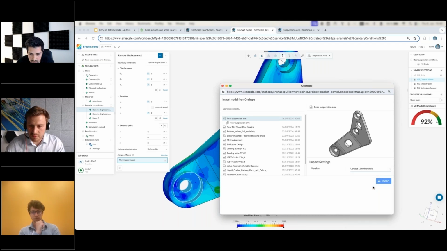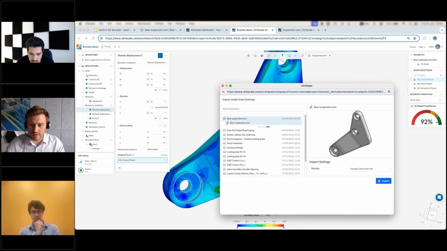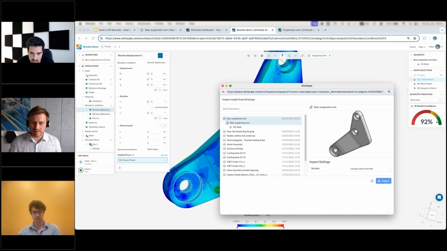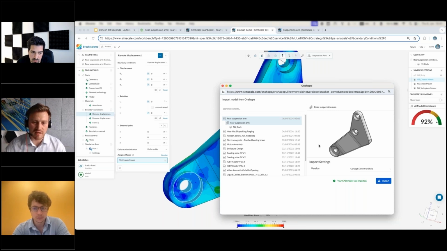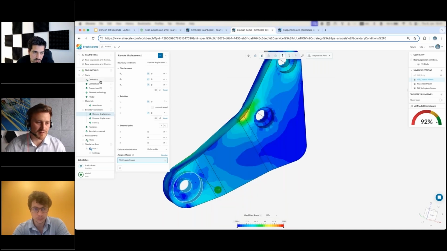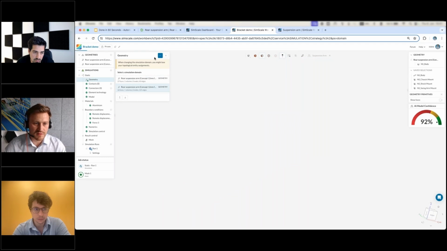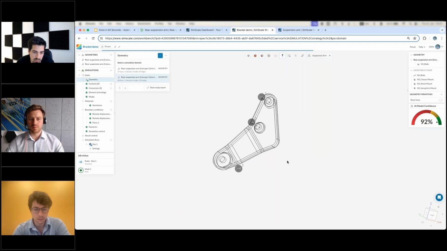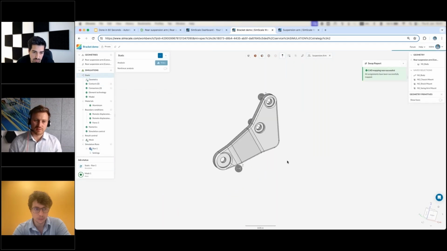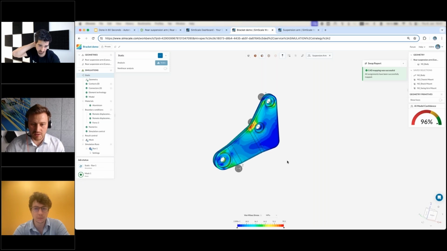So at that point, maybe I would bring in a new CAD geometry where I've added some fillets to account for the stress risers that we saw on those sharp corners. So I can immediately bring my new CAD into the same simulation project. And then all I need to do to get a new prediction of what those stress results would be is swap out my CAD geometry, and I'll get an instantaneous prediction of what the stress results are plotted on this